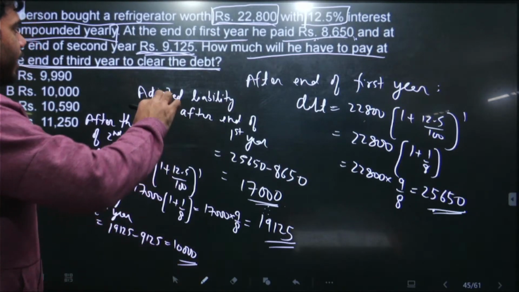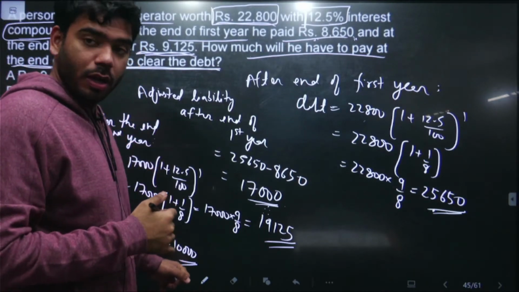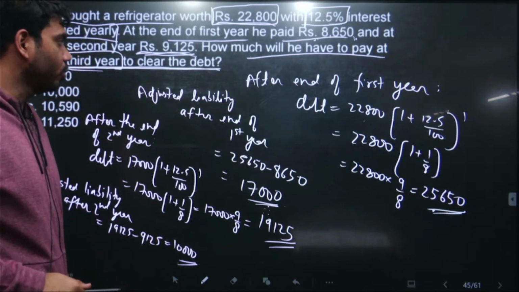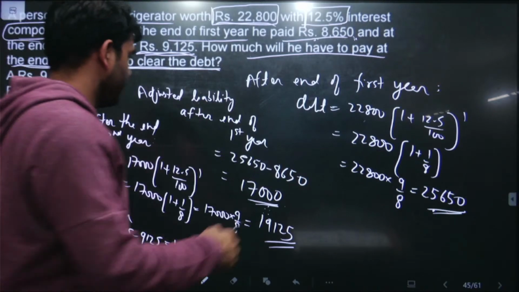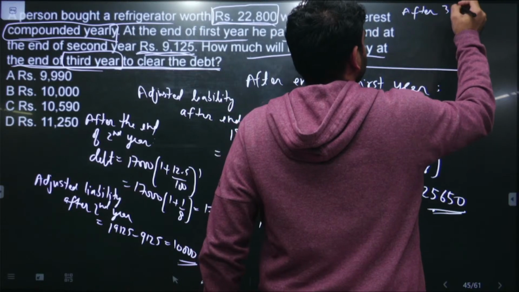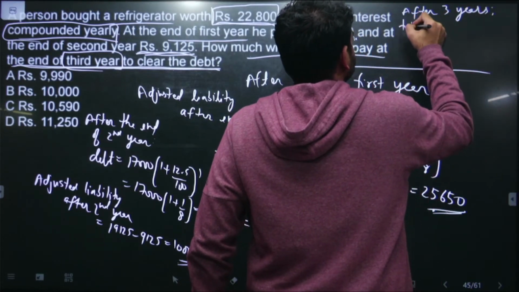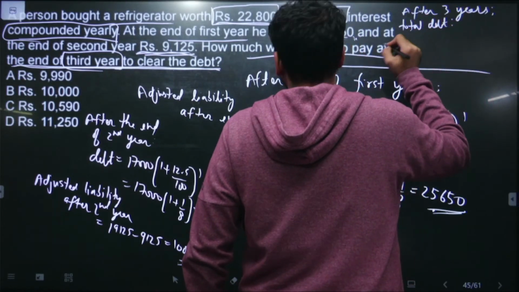अब हमको पूछा गया है कि there is another year, third year, एक और साल है उसमें, and the total principal now is this adjusted liability, 10,000 rupees. Now on this 10,000 rupees, the question is asking how much is the final debt. इसको मैं इस साइड लिखता हूँ. After third year, after 3 years, total debt जो होगा after 3 years, that will be